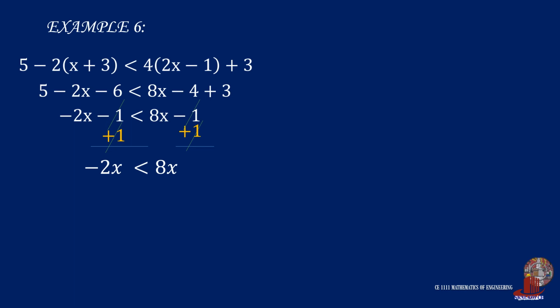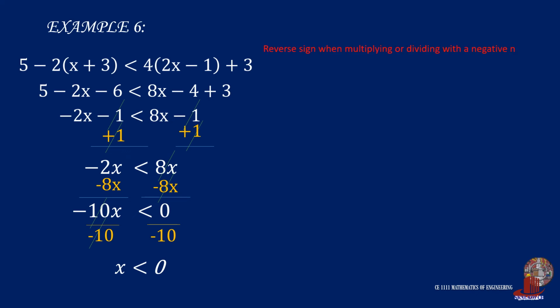Then to collect similar terms, we subtract 8x on both sides again, to arrive at negative 10x is less than 0. Since what we wanted is the range of x, we divide both sides with negative 10, giving us just x on the left and the same 0 on the right, but without changing the inequality sign. Be reminded that a sign flip comes next after multiplying or dividing a negative integer, so we end with x